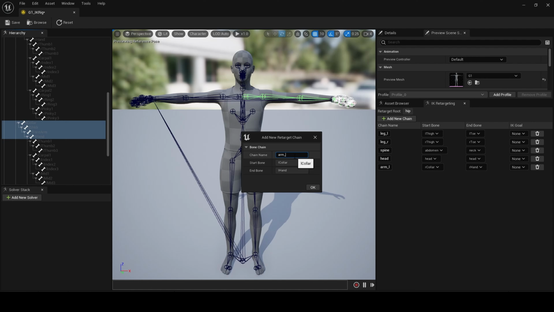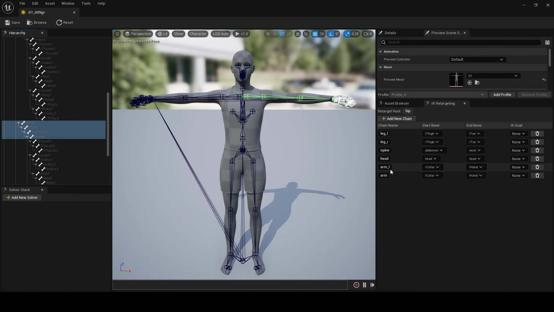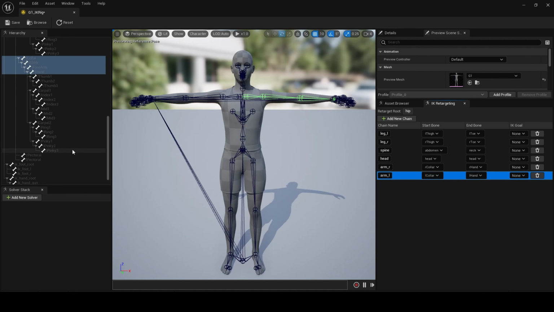Okay, so let's just call that arm for now and rename arm left to arm right. There we go. And then arm left. Sorry, I'm very tired today. Right, so far we have left leg, right leg, spine, head, arm right, arm left, and that's all fine.